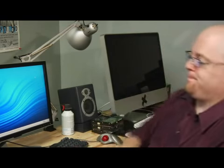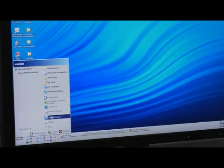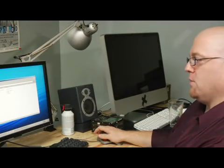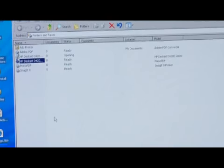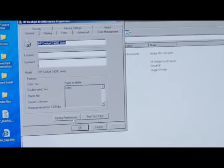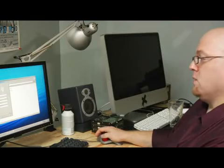Good news. If you go to the Start button, then click on Printers and Faxes, right-click your printer, then left-click on Properties, go to Printing Preferences, then go to Color,